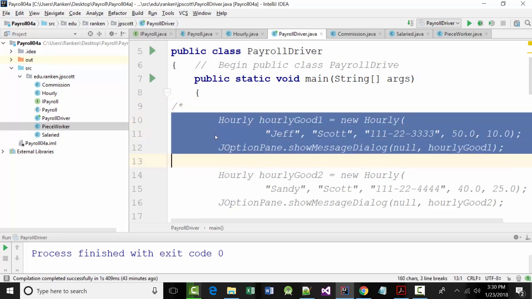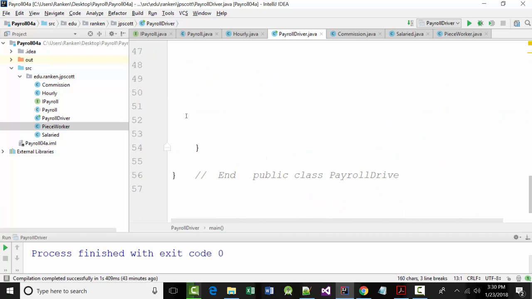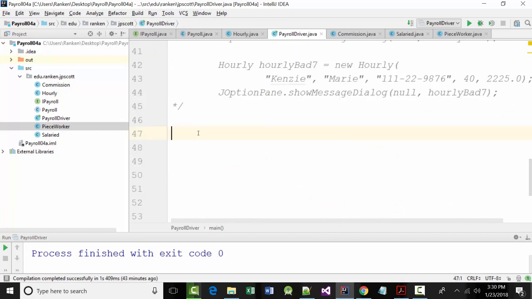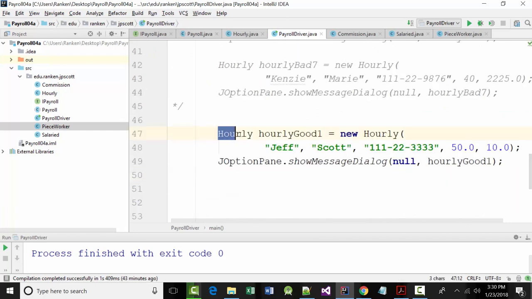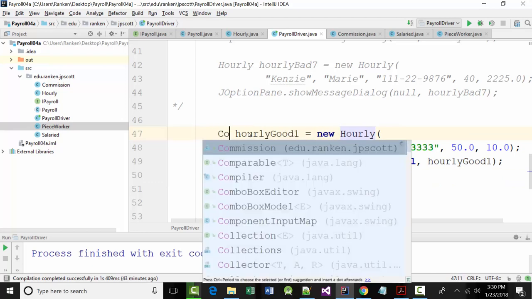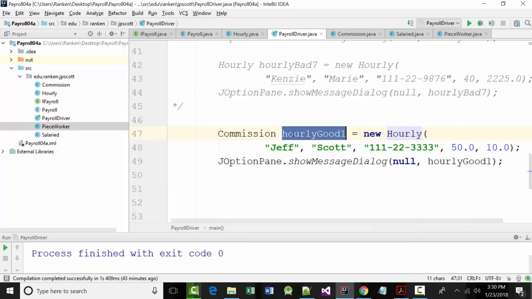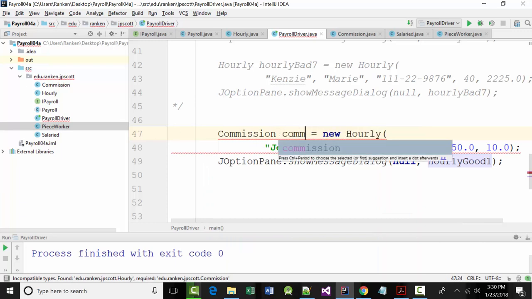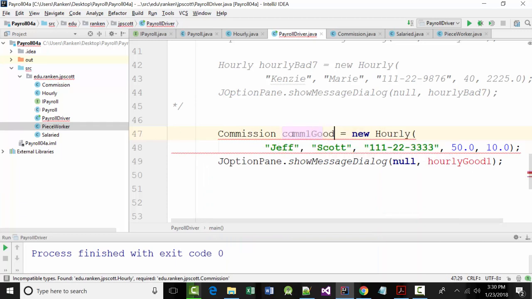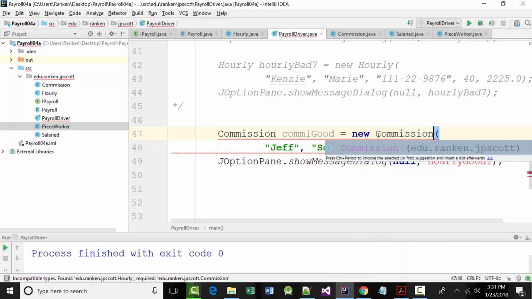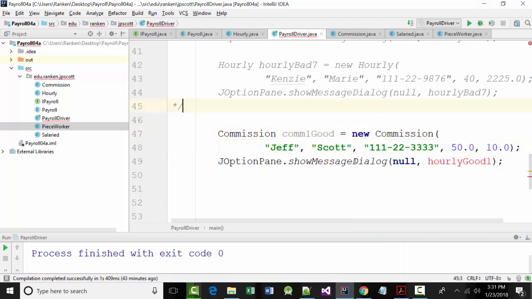So I'm going to come in here just so you see it. And as an example, I'll just do one of them here. So instead of hourly, this will now become commission. And I'll just call this COM1 good, something like that, equals new commission. All right, and that'll have to become